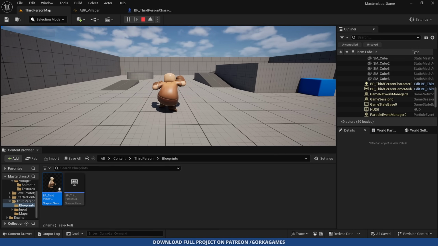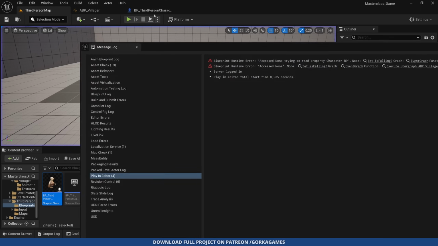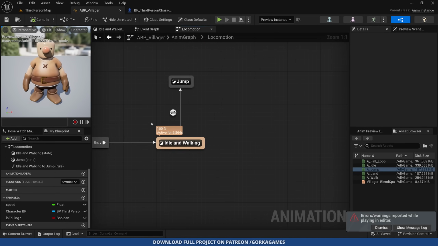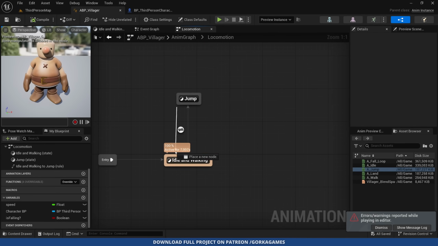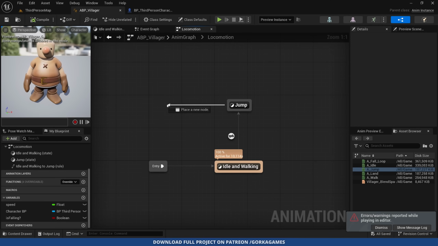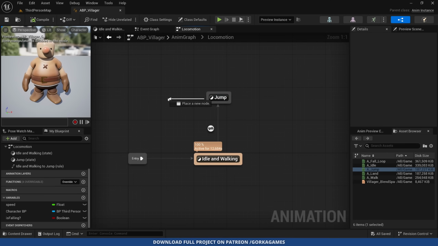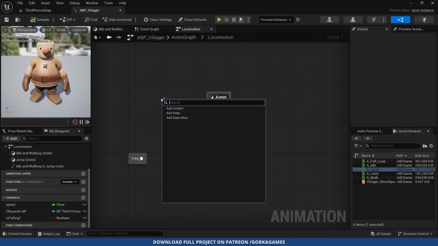But of course, when it ends, or we reach the ground, it doesn't go back to our transition. This is because we don't have a back transition. But of course, we don't want a back transition just like that. We want to be able to play a landing animation and more stuff, right? So we have the jump state, but now when we finish jumping, we want to transition into another